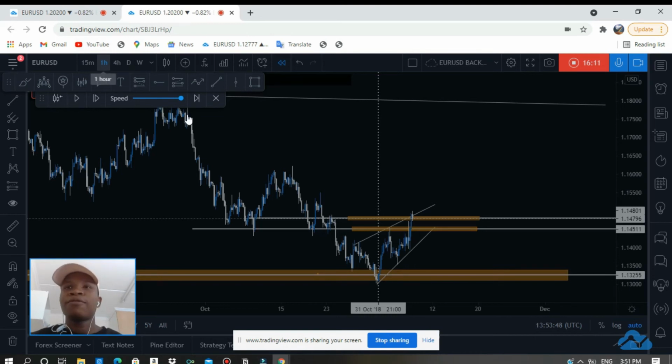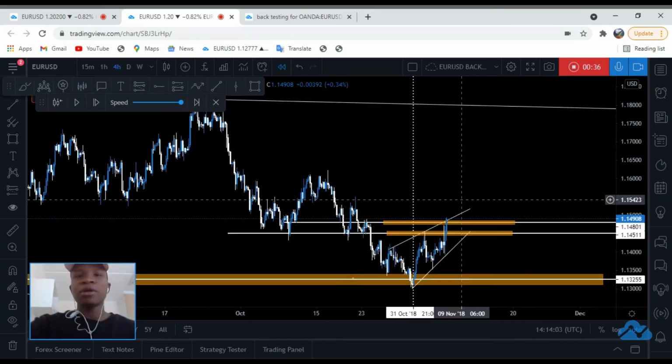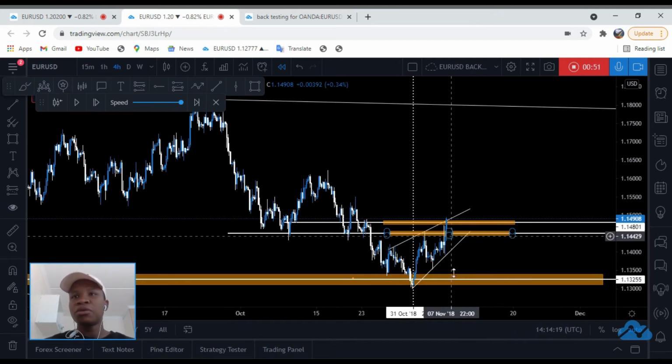When we jump to the smaller time frame, it doesn't tell you. So it's one thing. You know what I mean? What your mentor doesn't tell you is one thing, and it's one of the most important ones. And this is why you keep on blowing your account and why you keep on taking those losing entries. It's because your mentor doesn't tell you this. Just because price got there,